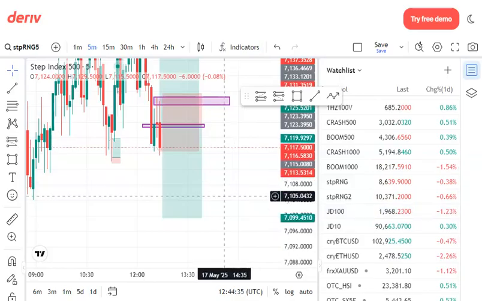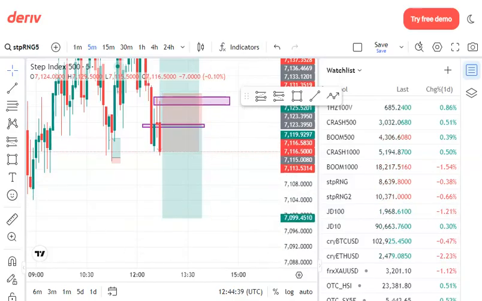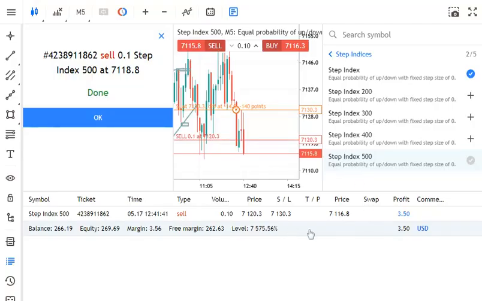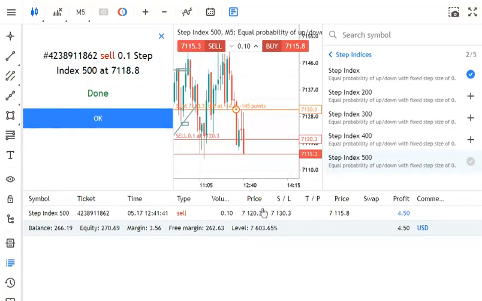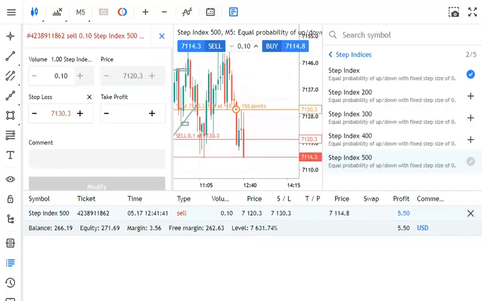So while this trade is playing out, we see it's 5 minutes time frame. And the first trade which we took is in loss already. And what we want to do here is set out take profit. Let's say I'll take profit from TradingView, 709945.